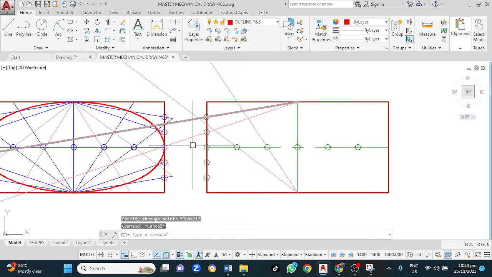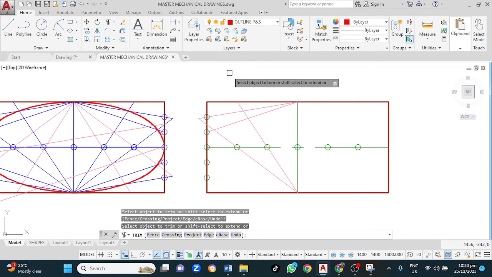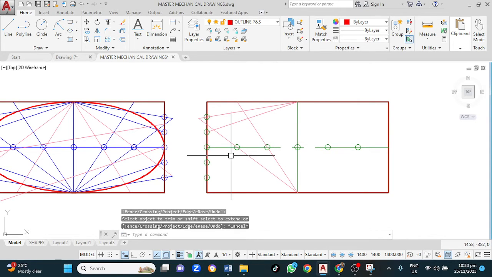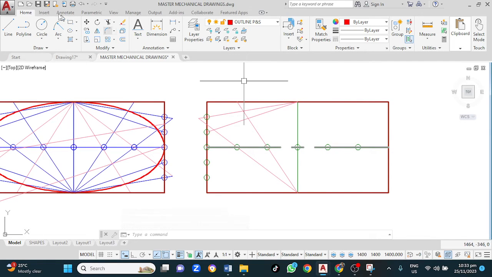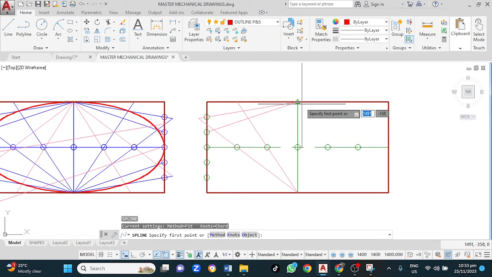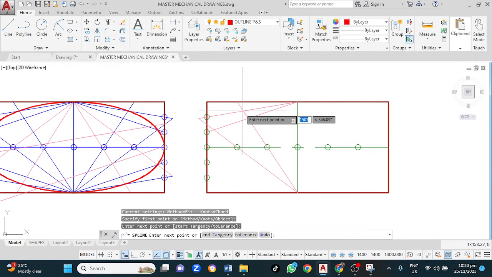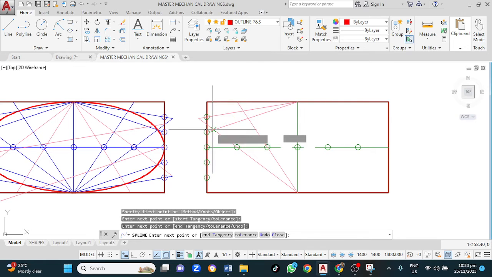Probably I want to do half of this first. So I'm going to trim this. Enter, enter. I want this to come out a little smoother and stop using all of it. Or I could do it quarter by quarter. Okay, let me do SPL, enter. Let me do it by quarter. So I click here, then I come down here, come down here, come down here,